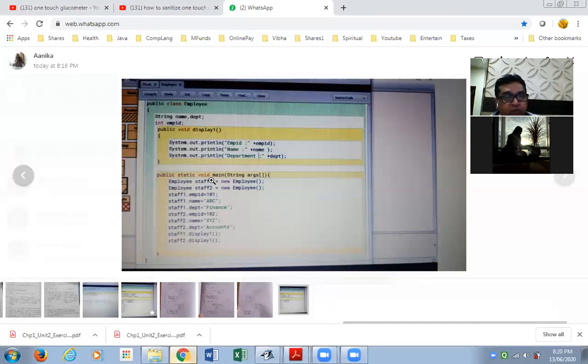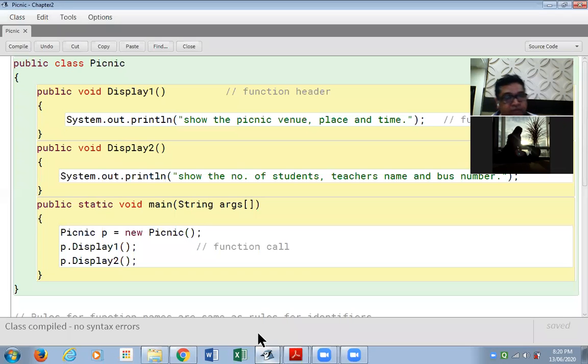Here we have not made one object. We have made two objects. We have also made some additional things in this. We'll come to it. The picnic program that we have done is a simple program, a simple class. That is a very simple way of working with classes and objects. This is a starting point of learning this topic. Now we go to that example, program number 2.